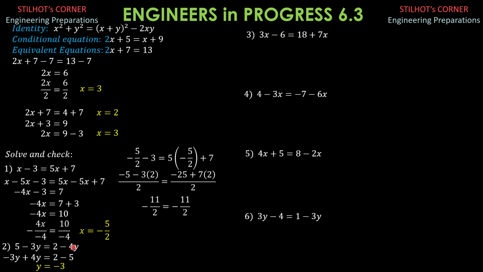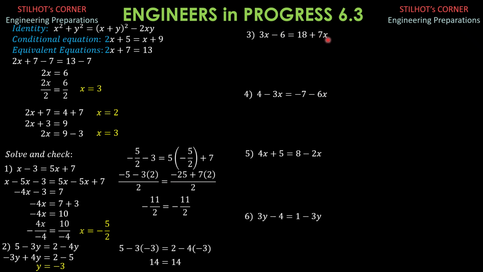Then we perform checking. 5 minus 3 times negative 3 equals 2 times negative 2 minus 4 times negative 3. So this is 5 plus 9 or 14. The right side is 2 plus 12, which is also 14. So 14 equals 14, and that checks our solution. Y is negative 3. For problem 3,